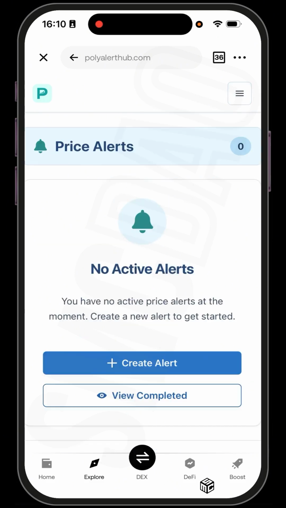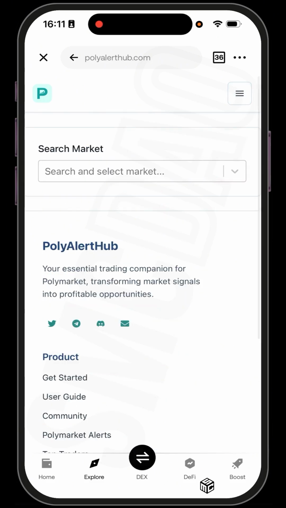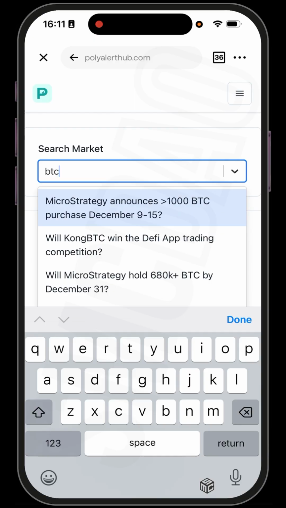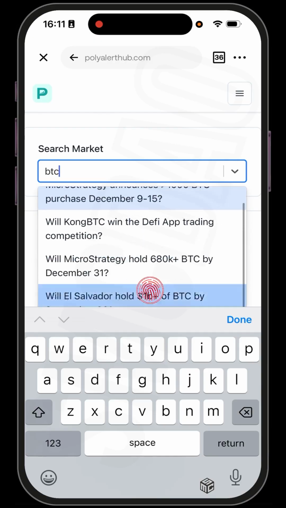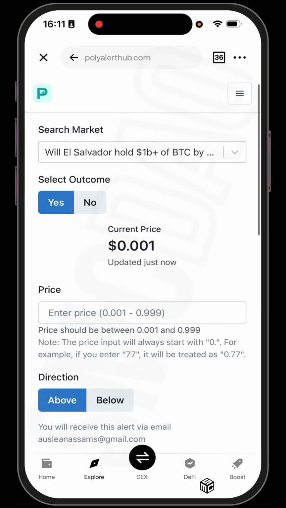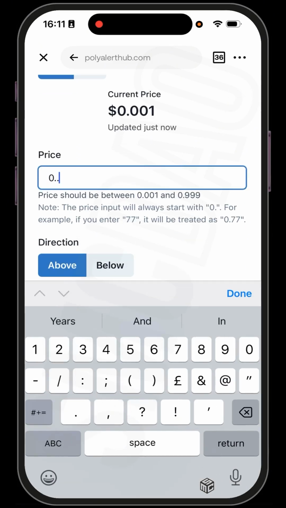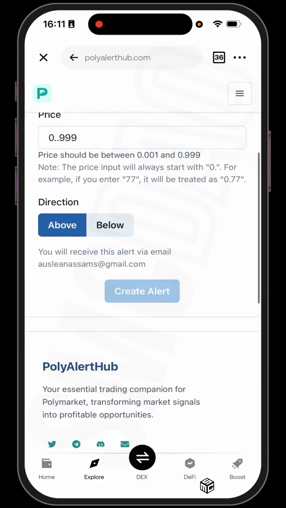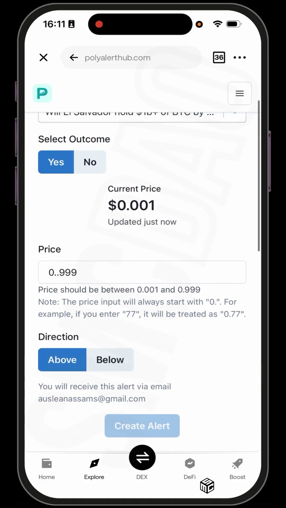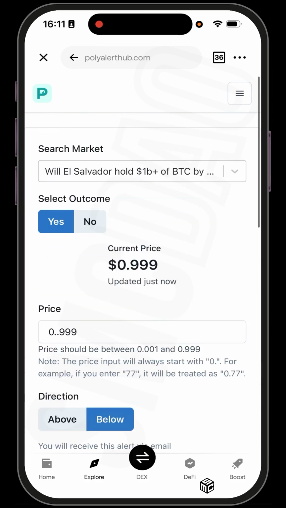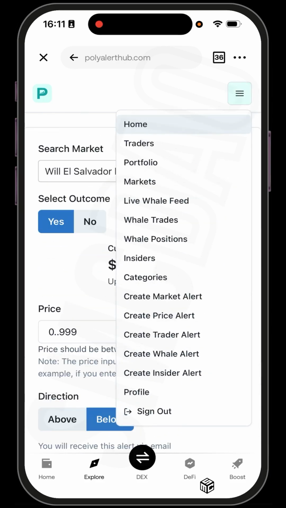Or you could also use the price alert and create an alert for pricing. So you could select the market you want. I could still choose BTC, and will El Salvador. Just create an alert for this outcome here, and you could also enter the price, let's say 0.999 and above, or probably below, and you're supposed to click create alert. But I guess that's a pro feature, but it's very easy to track